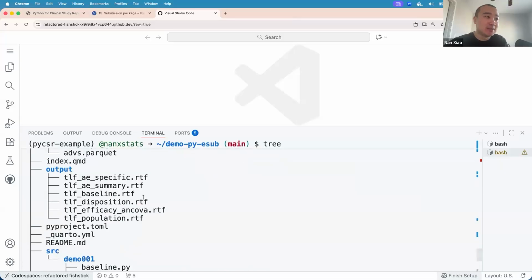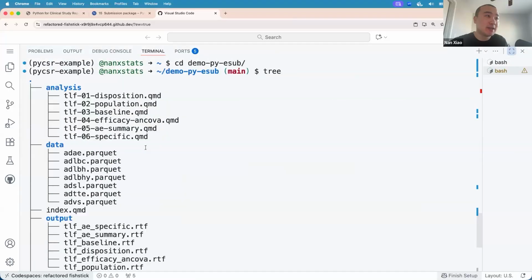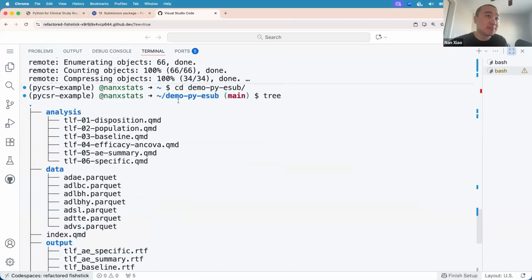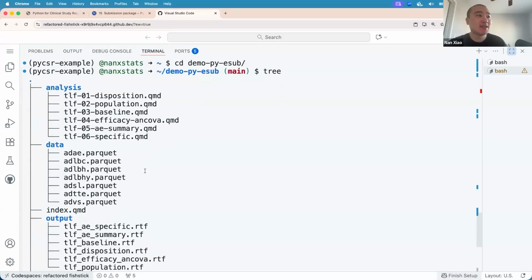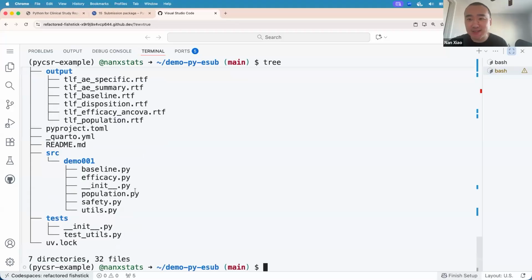So in the submission repo, we have this, let me just make this larger so you can see it clearly. In the submission package, as Yilong mentioned, this is a standard valid Python package, right? But it also has all the Quarto analysis notebooks or documents included. So you can render this effectively as a Quarto website.